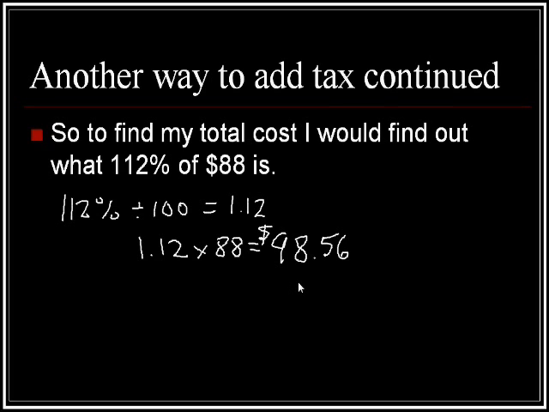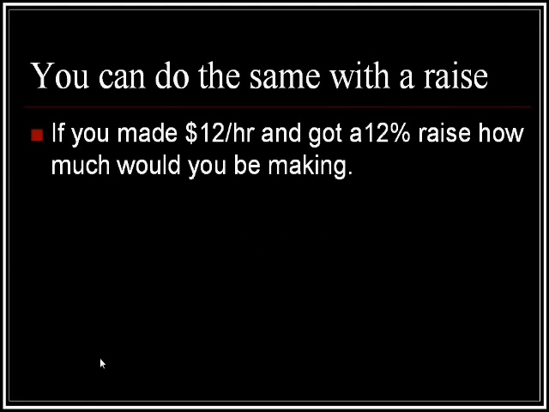So you can do the same thing with a raise. If I was making $12 an hour and got a 12% raise, how much would you be making? Well, now I'd be making 112% of my original salary. So 112% divided by 100 is equal to 1.12. $12 times 1.12 equals